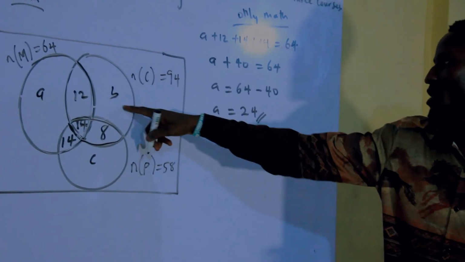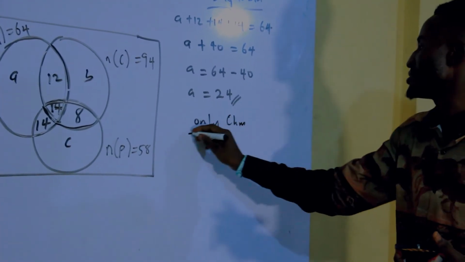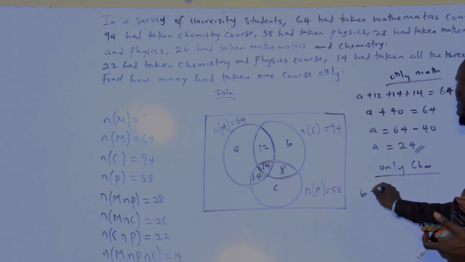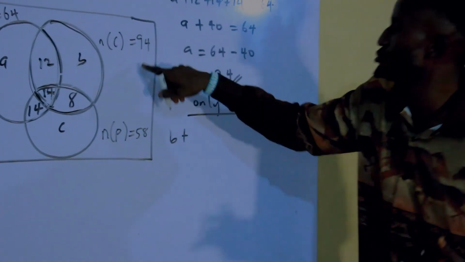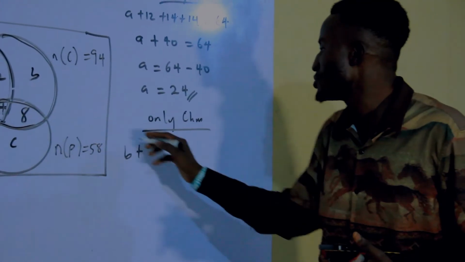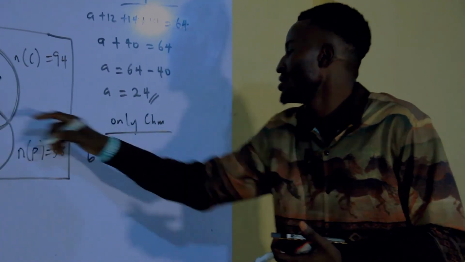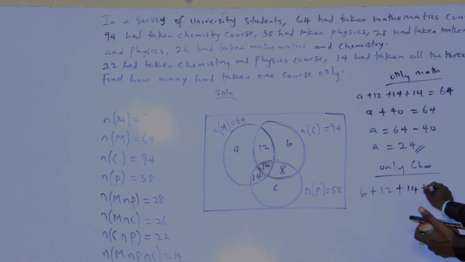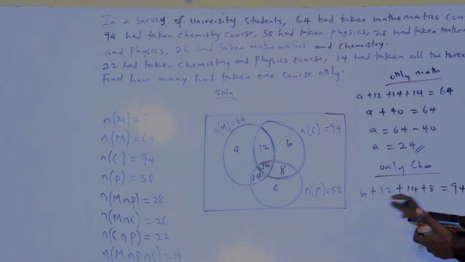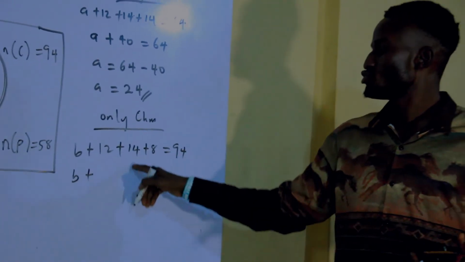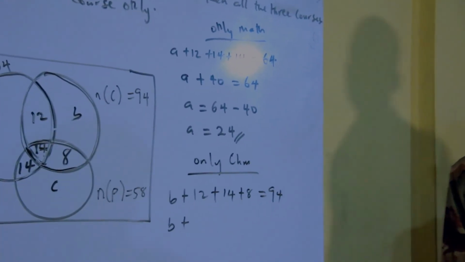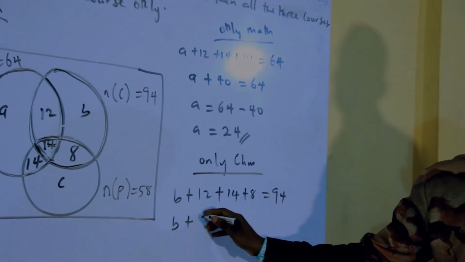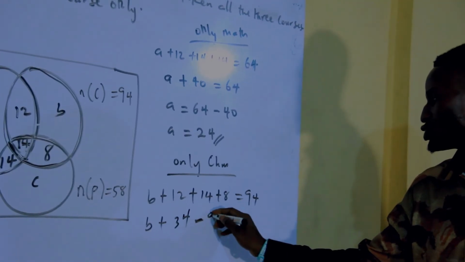Only, that's our B, only chemistry. Now if you say only chemistry here, which is B, so that means the sum of the circle of this chemistry must be equals to what? The total here. So that means we have B plus the 12 here, then plus 14 plus 8. Everything equals 94. Then we have B plus 12 plus 14, that's equals to 26. Then 26 plus 8, that's equals to 34, which is equals to